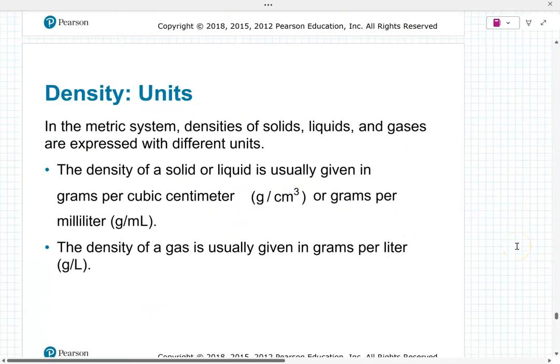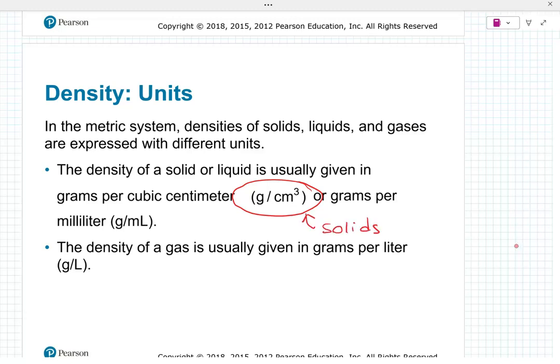Okay? So for chemical purposes, we use gram per cubic centimeter, usually for solids, for the most part, or gram per milliliter for liquids. They are absolutely identical. You can use whatever. It's not a mistake. It's sort of a common use. Does that make sense? For gas, gram per liter, because the density is so low,